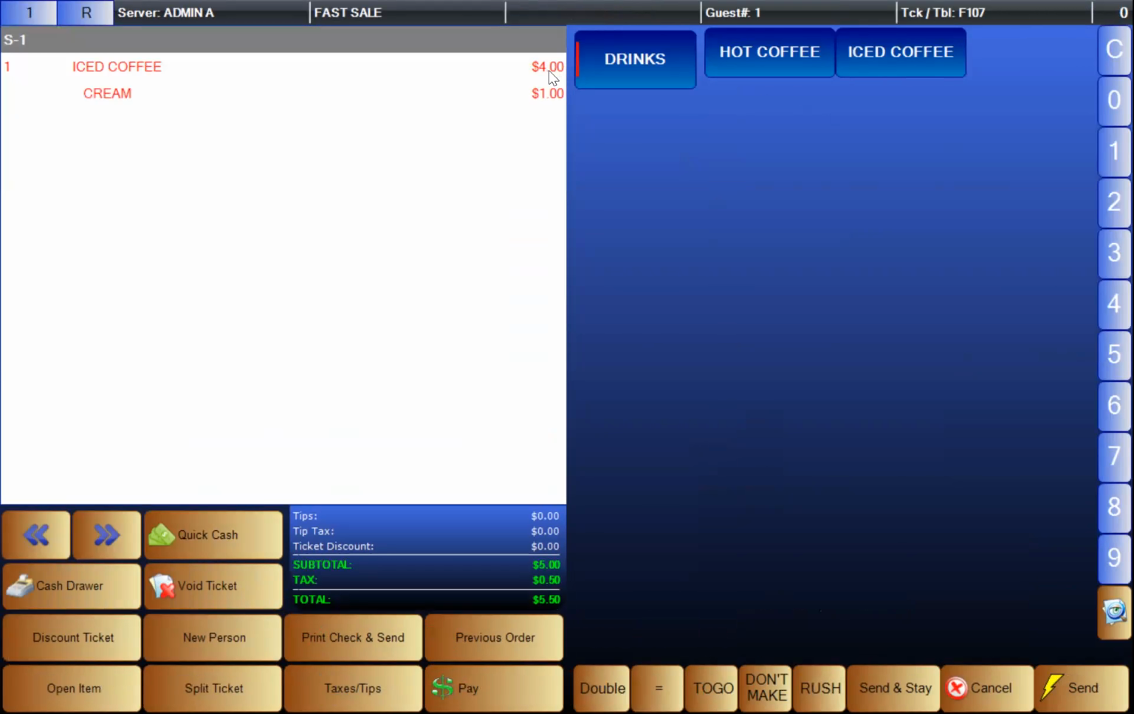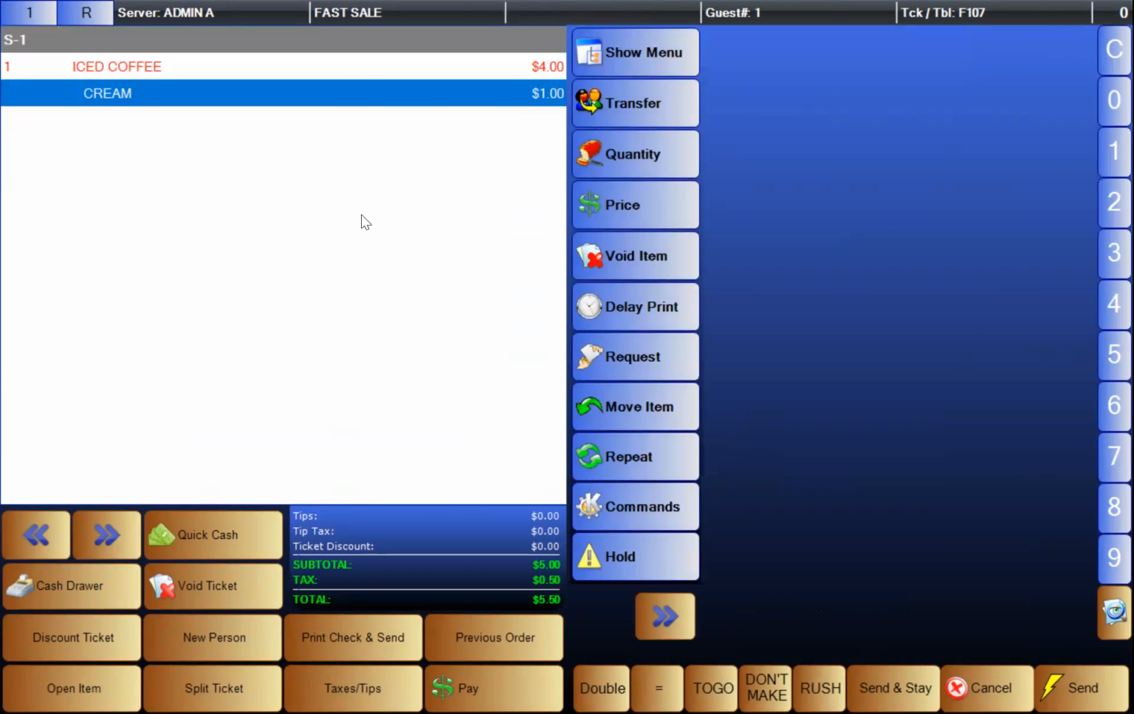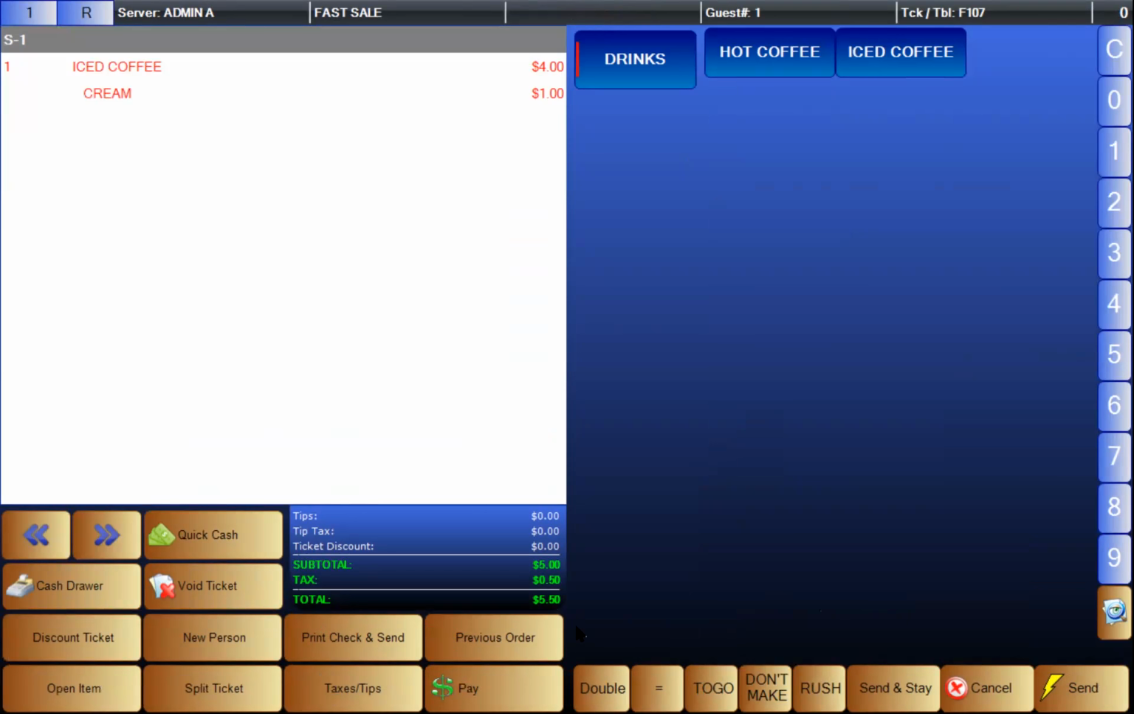Now on the screen here, you can still see it lists everything separately, right? On the POS menu itself. So coffee is still $4. The additional cream is still $1. All the prices remain the same. But when I go into pay,